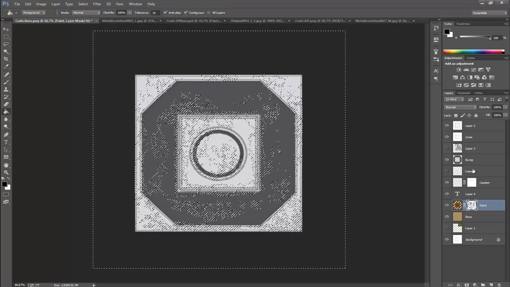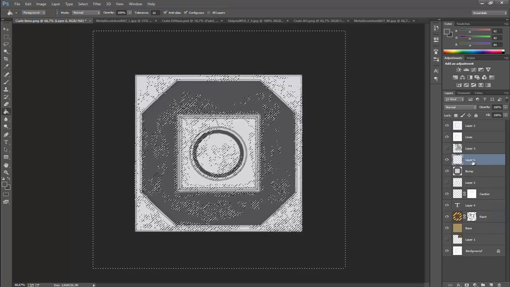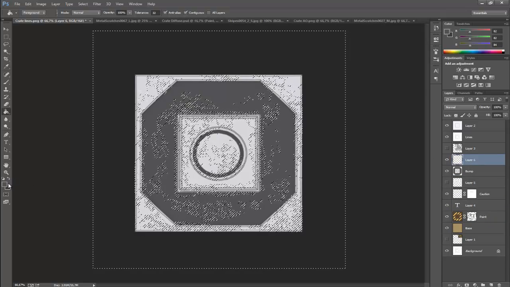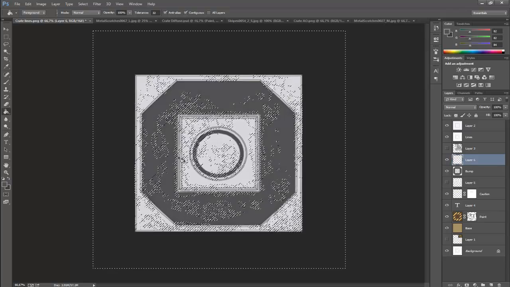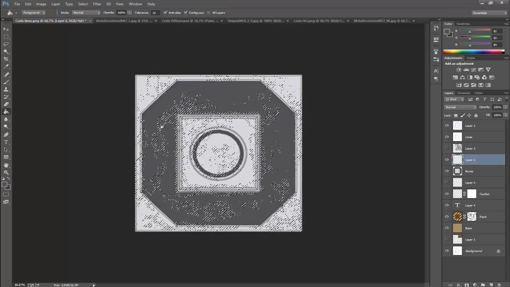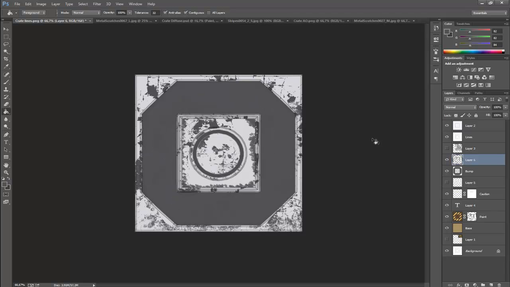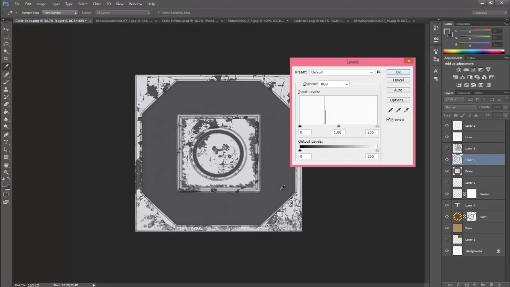And now I'm going to add another layer above this bump map. Darker, so that should be okay. And just color fill it. Just invert it. Right, so that's all of my scratches now, but you can see they're all the same color, meaning if I apply this, all of these will be the same depth as this part here, which is not actually what I want. So, and I also want to see some of it there. So I'm going to change the colors with the levels